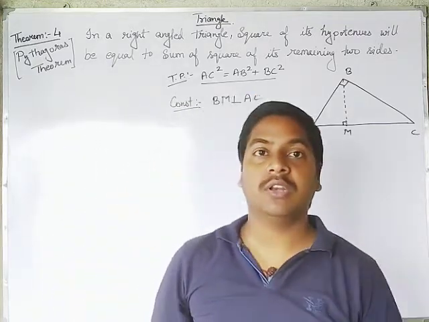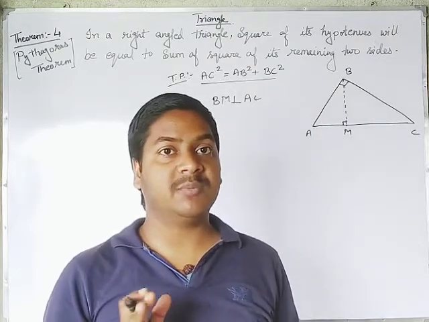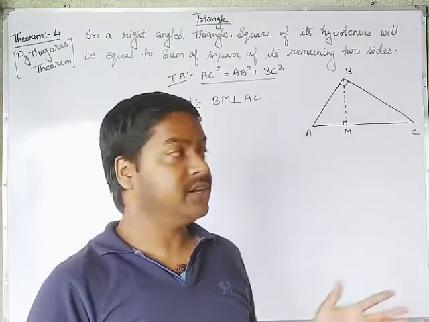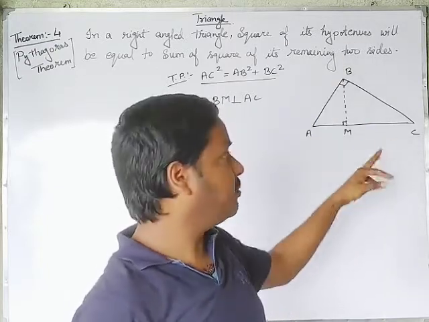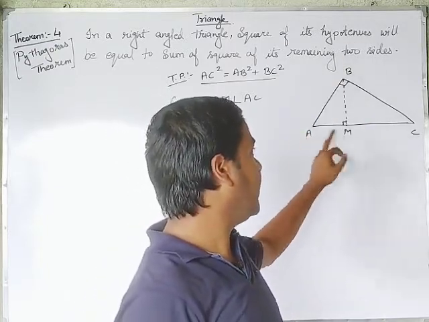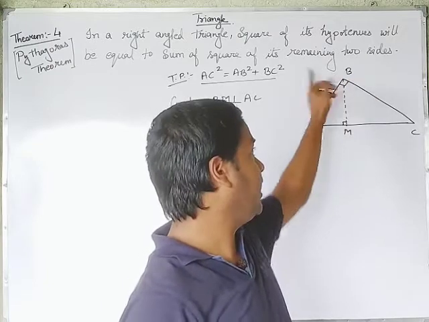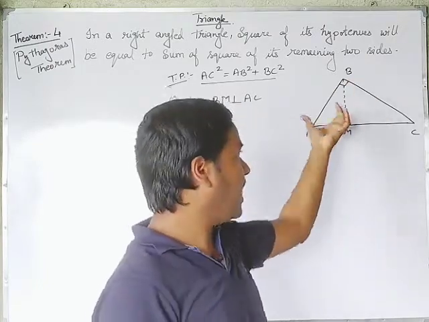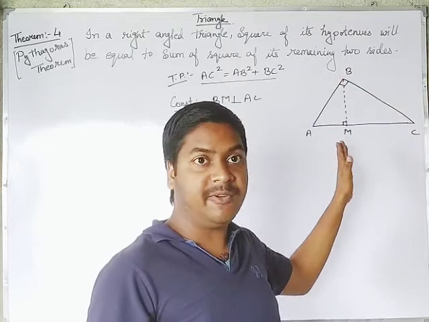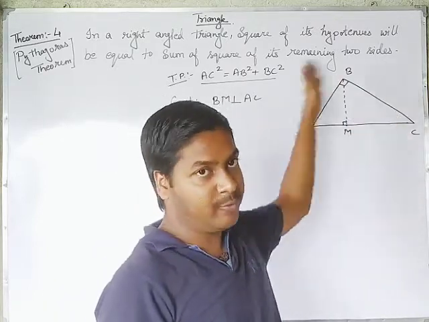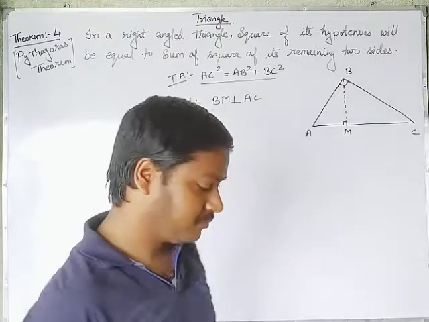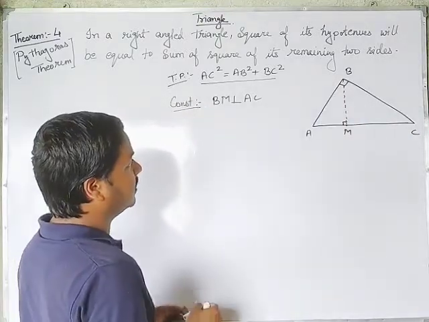Now for this, we will use the property of similar triangles, and for that we will take one small triangle and one whole big triangle. That means one triangle I will take AMB and another one ABC, complete. One half and one full. In the same way, in the second case we will take another half and one full. Same type. So we will write here the proof.